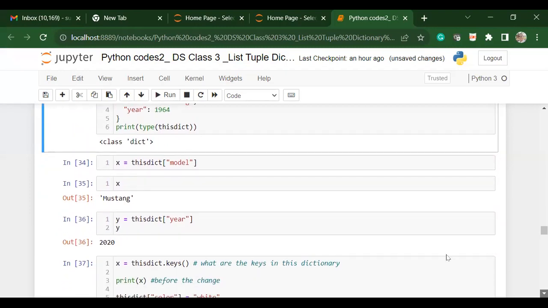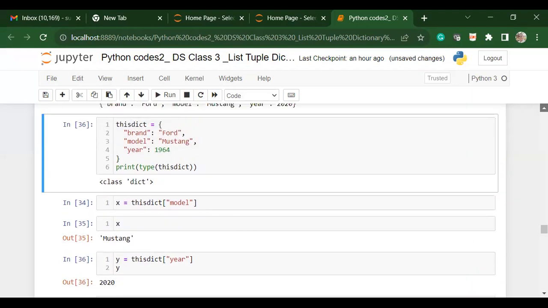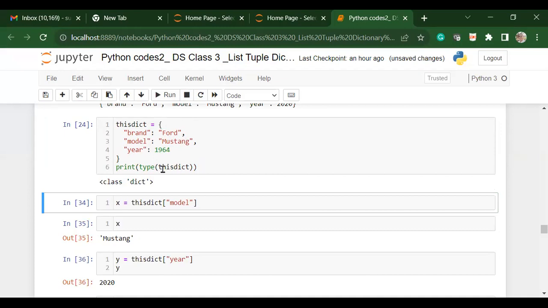And how do we figure out or call for information about dictionaries? First thing is figuring out if a list of values or a table is a dictionary. When you type out print the type of values, it will tell you it's a dictionary. And the second thing is you can